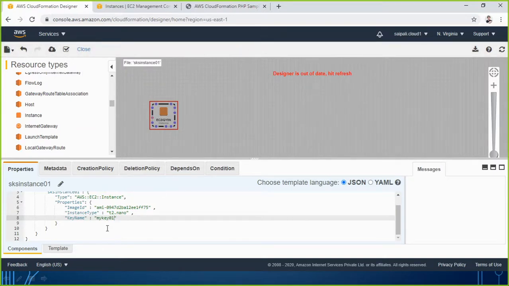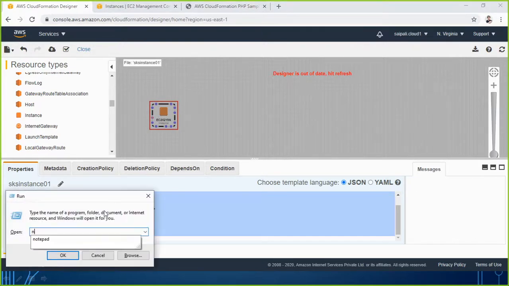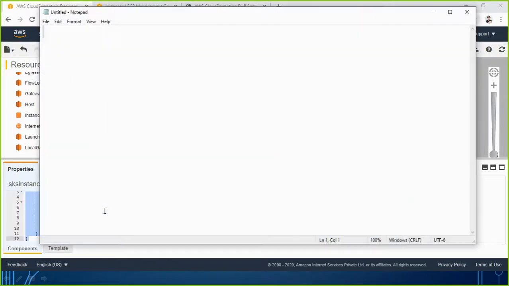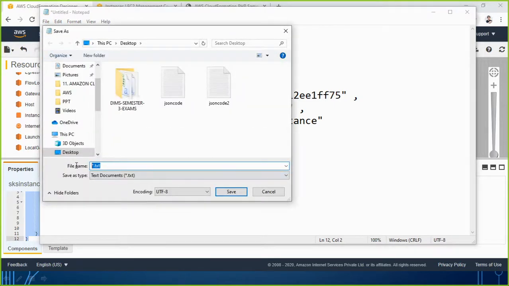So no problem, we can do one thing. We can copy all of this and open the notepad, paste the code into the notepad, and go to save. And here let's try to save it with any name. So maybe I just use a name here, that is